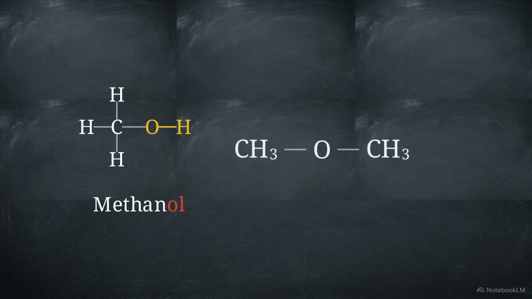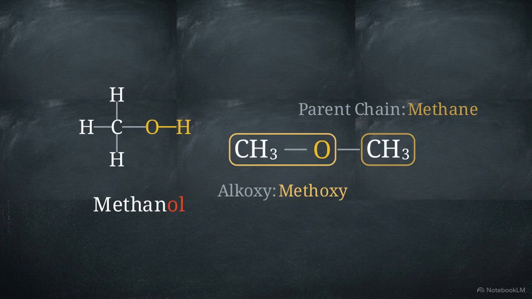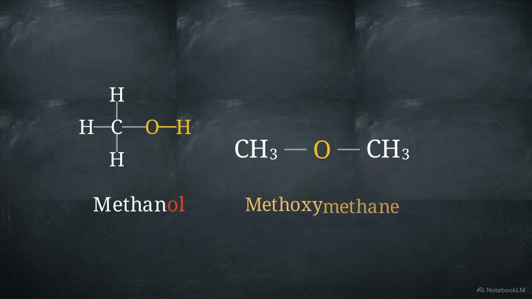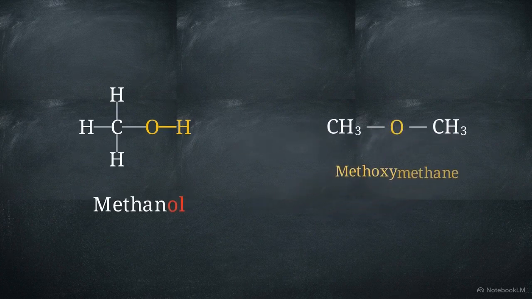Look at this symmetrical structure flanked by two methyl groups. We take one side along with the oxygen and call it an alkoxy group. Here, that's methoxy. We treat the remaining side as the parent chain, methane. Put them together and you get methoxymethane. These consistent naming patterns allow us to describe simple structures with precision, providing a foundation we can now apply to